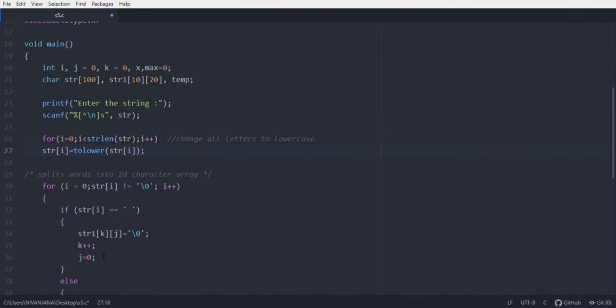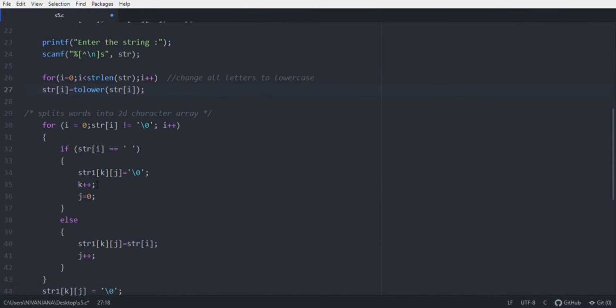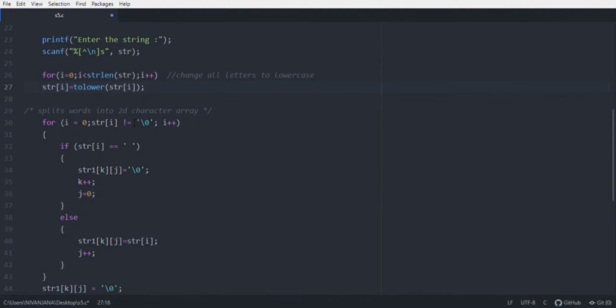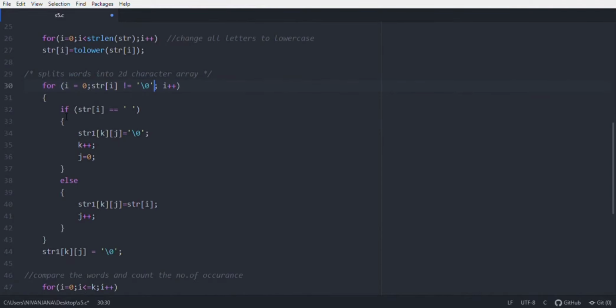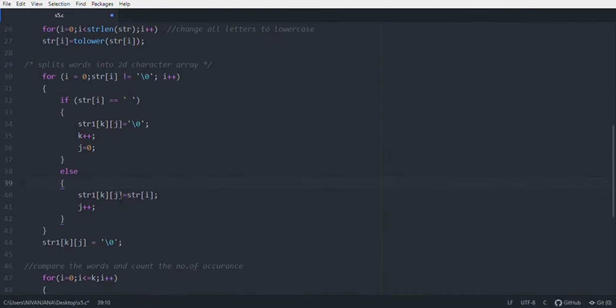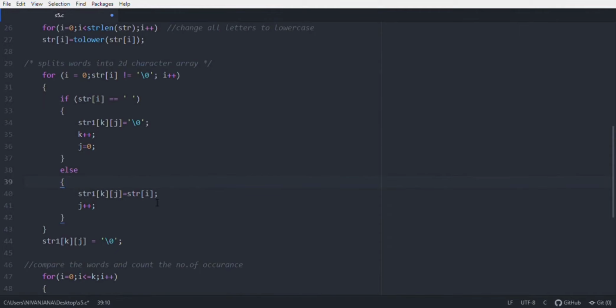Now what we have to do is to split each word into a two-dimensional character array. For that we use this loop. This loop will iterate through each character in str until it reaches a null character. What we will check is whether str[i] is a white space. If it is not a white space, we will add that character to our two-dimensional array, and increase j by 1.